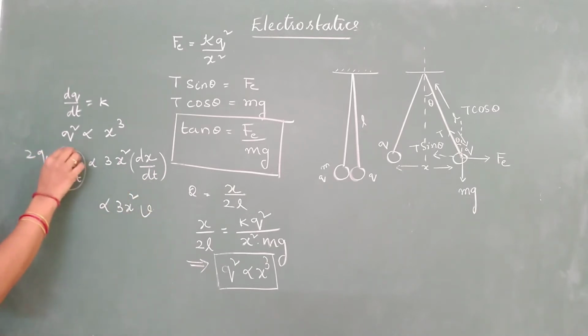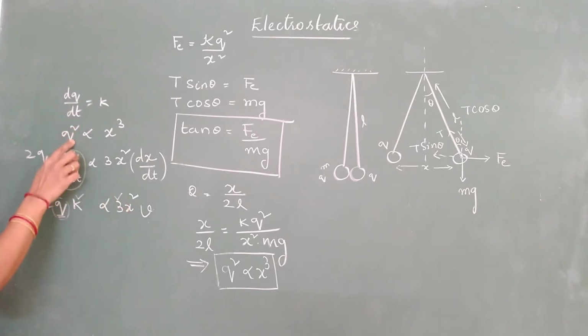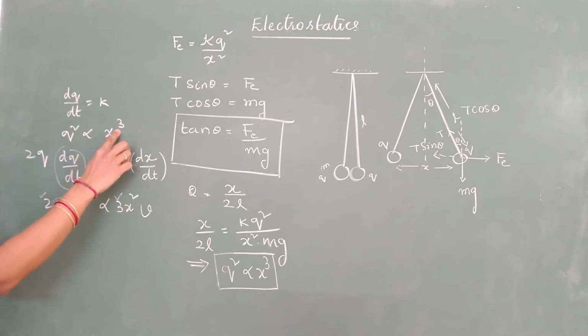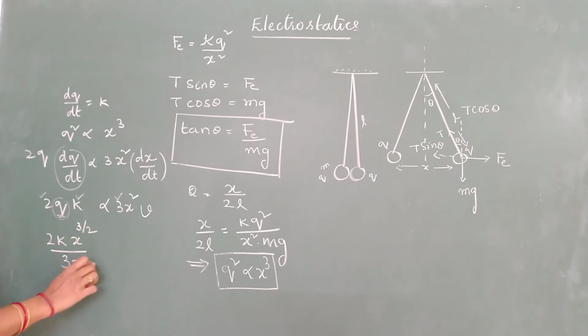This is anyway a constant. 2q into k. Or you can replace q because 2 is constant, k constant, 3 constant, but q is not constant. What is q proportional to? x to the power 3 by 2. So 2k, in the place of q I will write x to the power 3 by 2